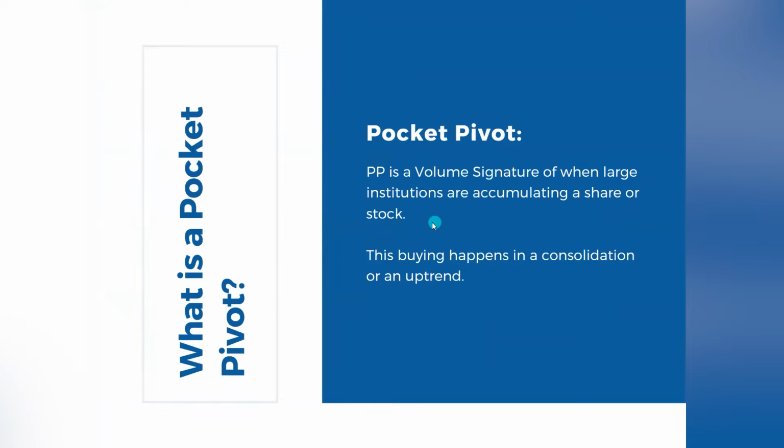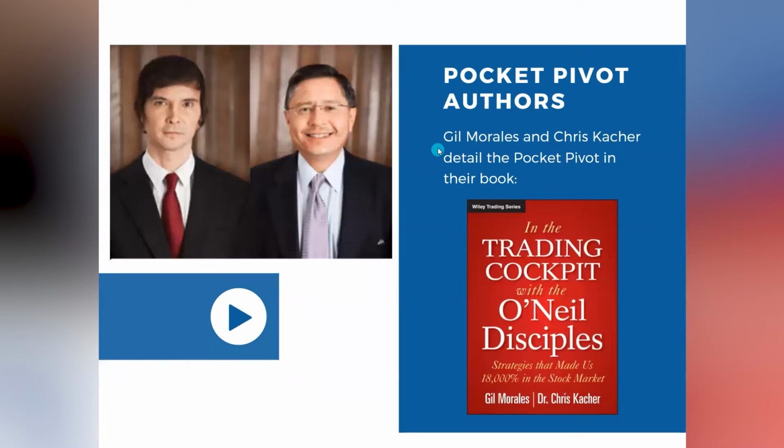Now, the pocket pivot, what is it? Well, it's a volume signature of when large institutions are accumulating a share or a stock. So this buying happens in a consolidation or in an uptrend. Now the authors of the pocket pivot have it in this book, Gil Morales and Chris Kacher, detailed in the